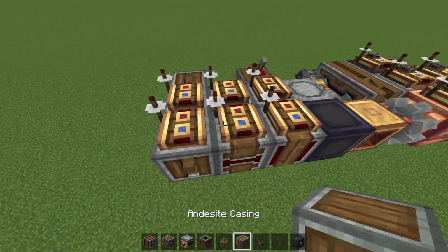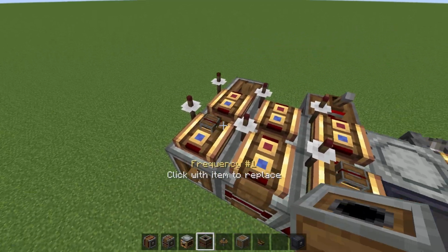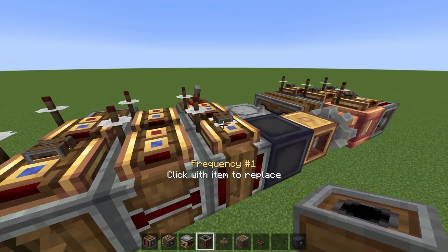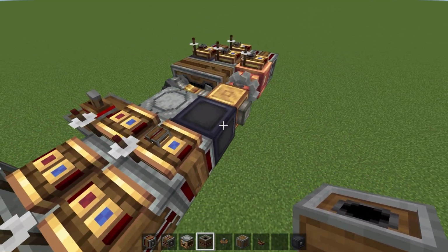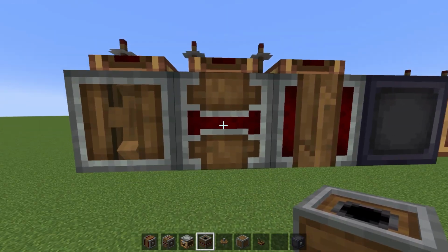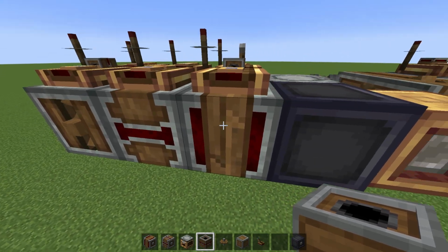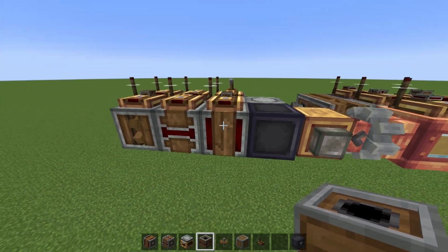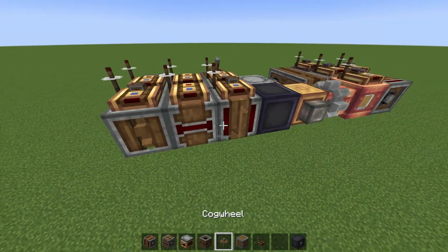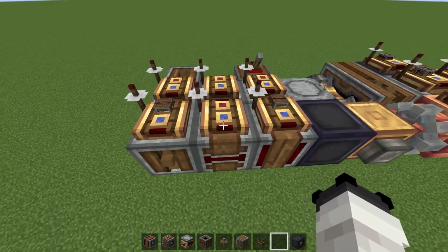So what I'm going to do is I'm going to have both of these receivers the same, which means that when we want this to go backwards, or down in this case, the clutch will be powered through this block being hard powered, and this will be powered through this link. This is because gear shifts cannot be hard powered, so you need to power another block in order to get